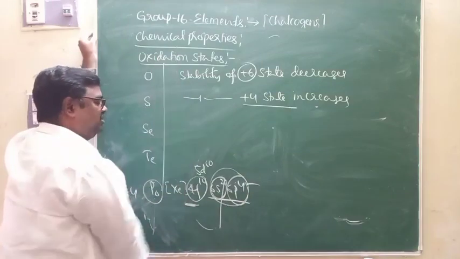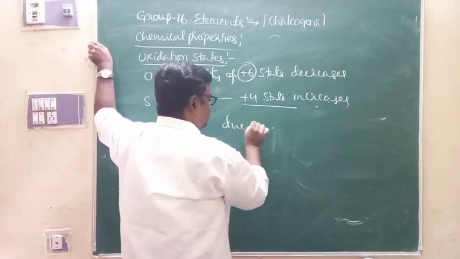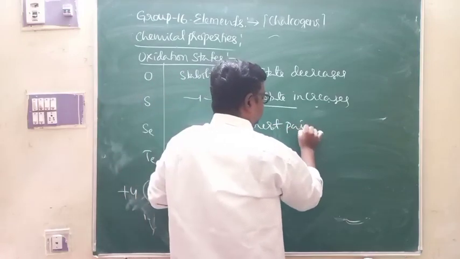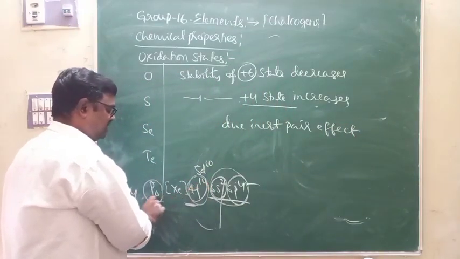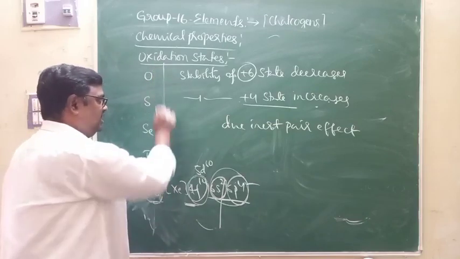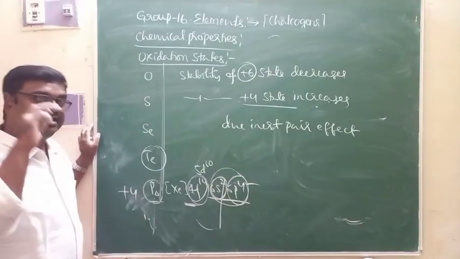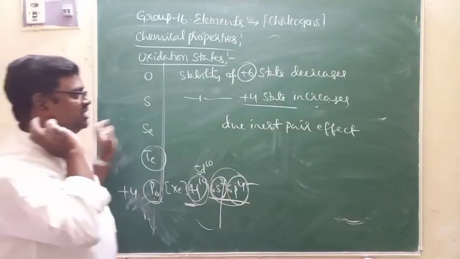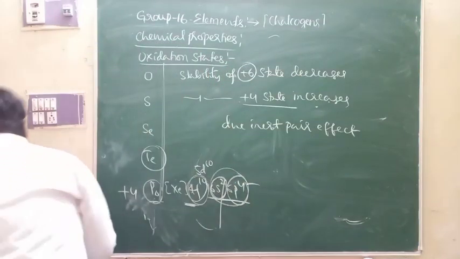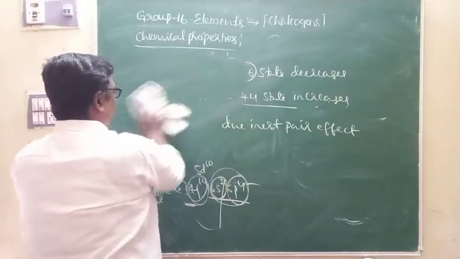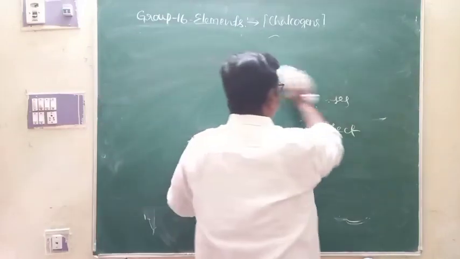Therefore on moving down the group, stability of +6 state decreases, +4 state increases due to, ಇಷ್ಟೇ ನೀವು ಬರಿಬೇಕಾಗಿರೋದು, inert pair effect. Due to inert pair effect. ಹೌದಾ? And inert pair effect is highly dominant in the case of polonium. ನೀವು ಆಕ್ಸಿಜನ್ ಇಂದ polonium ಬಂದಾಗ ಏನಾಗುತ್ತೆ, inert pair effect ಇರೋದ್ರಿಂದ stability of +4 increases, stability of +6 decreases. ಇದನ್ನ ನೆನಪಿಟ್ಕೊಳ್ಳಿ, ಮುಂದಿನ ಡಿಸ್ಕಷನ್ಸ್ ಅಲ್ಲಿ ನಾನು ಮತ್ತೆ ಇದನ್ನ ಬಳಸ್ಕೊತೀನಿ. ಸೊ ಡ್ಯೂ ಟು inert pair effect ಏನಾಗುತ್ತೆ, stability of +6 decreases and that of +4 increases. So that is what we call it as, yes, it is oxidation states. Okay na?